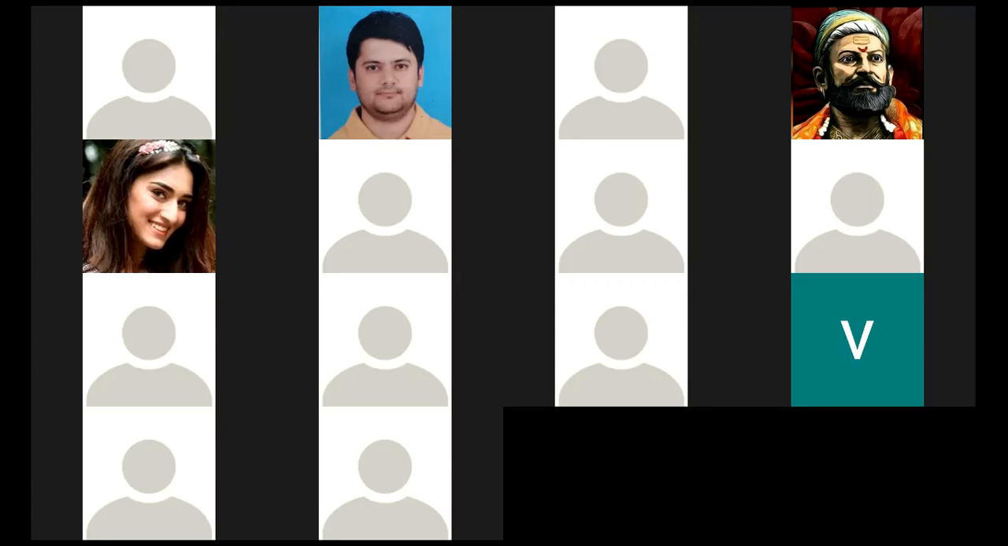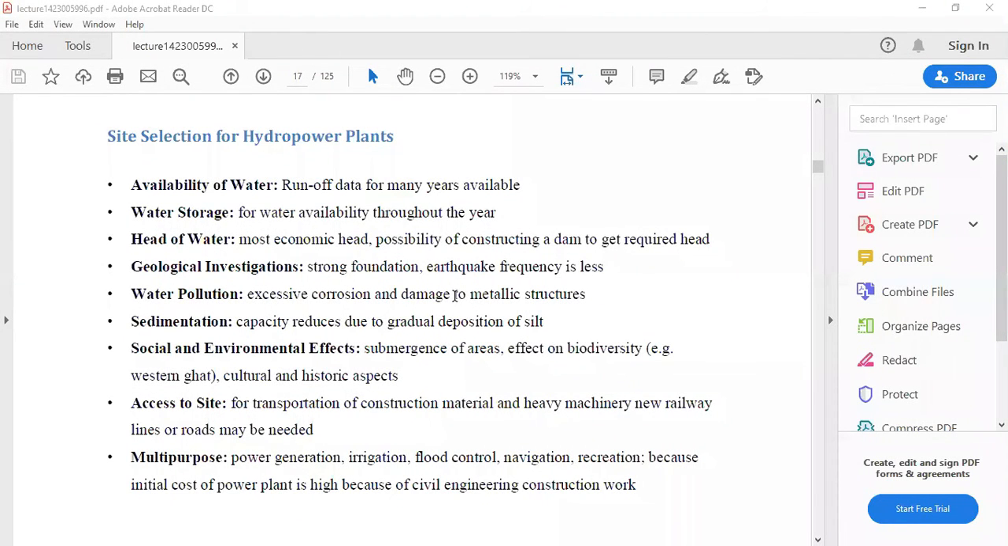Let's move ahead to the next point, that is site selection for the hydroelectric power plant. The most prime concern is the availability of water throughout the year. That is, it requires us to know the runoff data for many years. As I said, it is not that only the data of 1 year or 2 years is considered before selecting a site for the hydroelectric power plant. The data of 50 to 60 years is considered